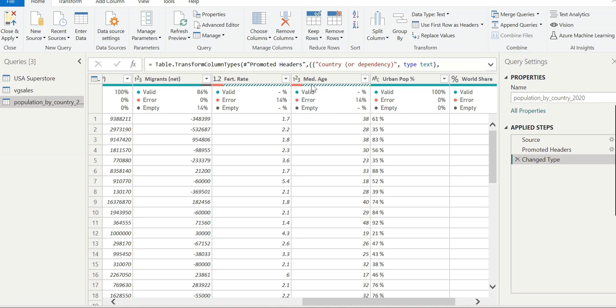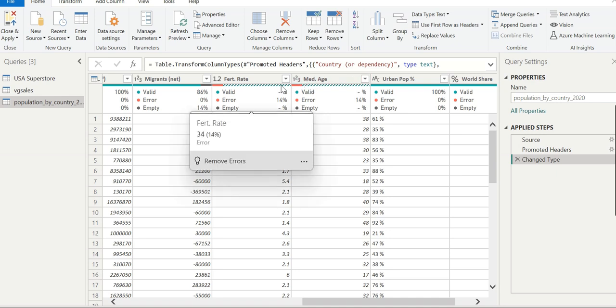And the easiest way to remove them is to right click on the column header and go to Remove Errors.